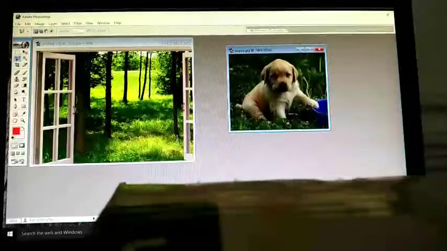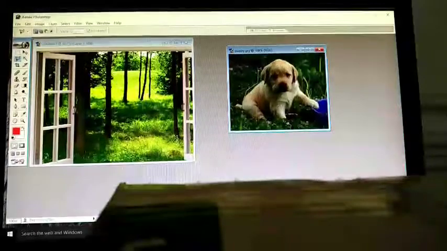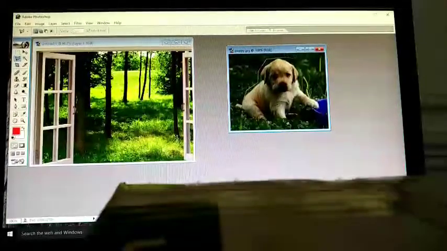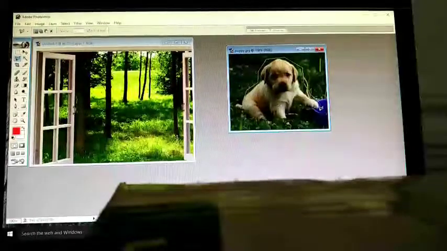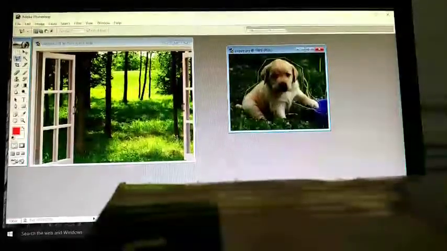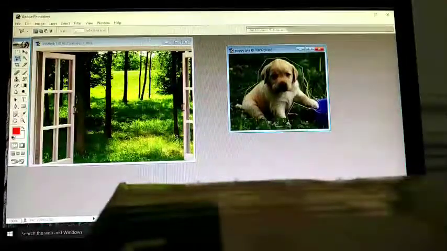Click or start clicking at a particular point, then click at different points and select the part of the image like this. So it forms a polygon with the different points.